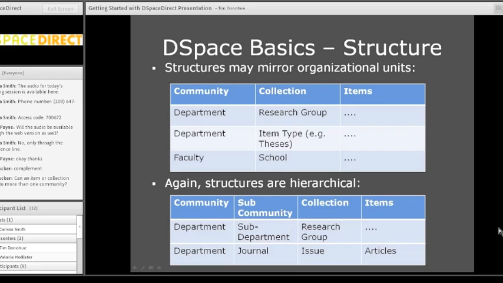And also, again, those structures can be very much hierarchical, so you can put as many levels of sub-communities underneath a community. You could do many different levels of sub-departments or research groups and then have a collection of works underneath that. Or if you're actually wanting to store journal content, like you have an electronic journal at your institution